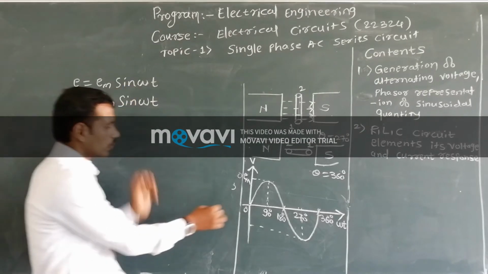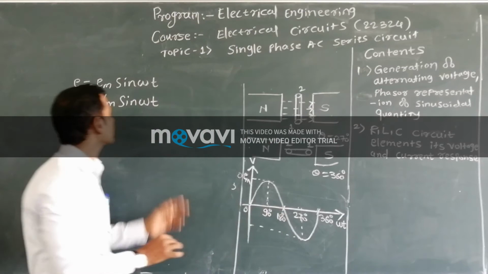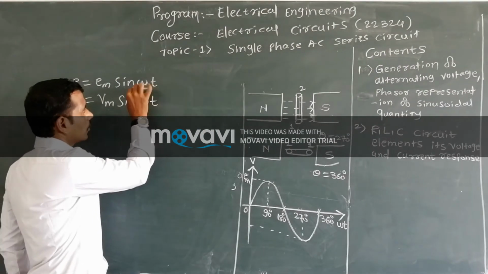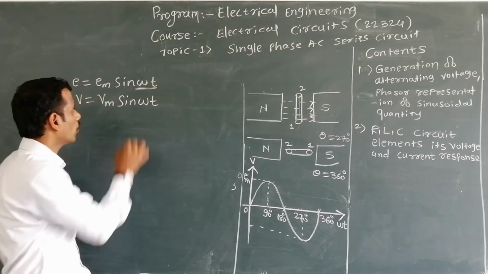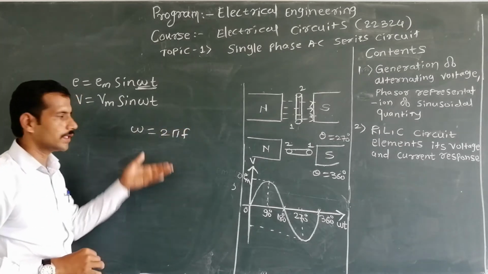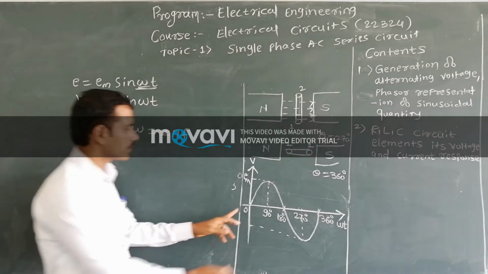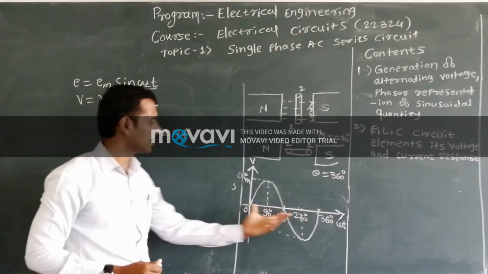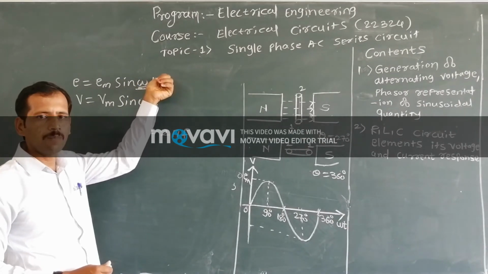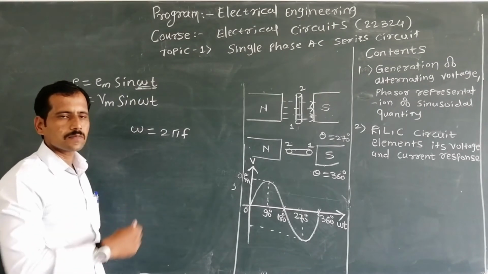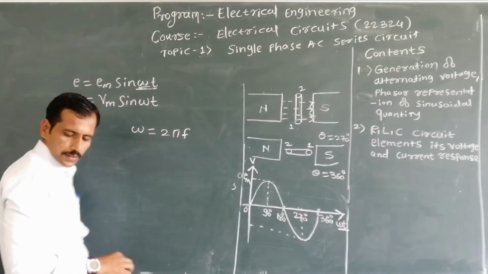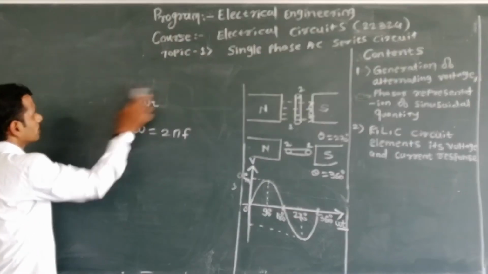Sin represents that the waveform is sinusoidal, so it is denoted by sin, and this omega t represents span. Omega means 2 pi f, angular frequency, as 2 pi means 360 degree span. So we have shown here omega, and with respect to time period the waveform is continuously running, so with respect to time we are showing here. Next we will see some basic definitions.